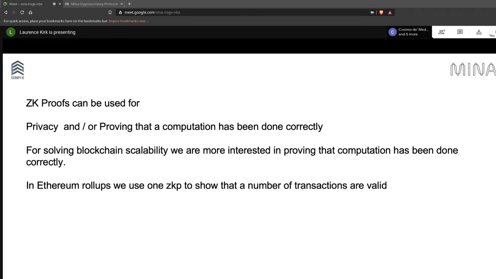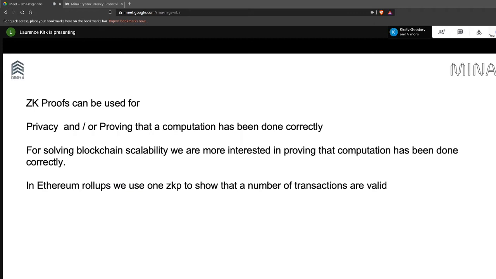But an area that we're more interested in is that it allows us to prove that a computation has been done correctly. And it's quite astonishing, the power that this has: we can do an extremely complex and time-consuming computation, and then use a zero-knowledge proof to prove that it's been done correctly. And this proof can be computed in very short time, and can be a very small size. So they really are a great way of compressing a massive computation down into something quite succinct, but that still is able to prove that that computation has been done correctly.